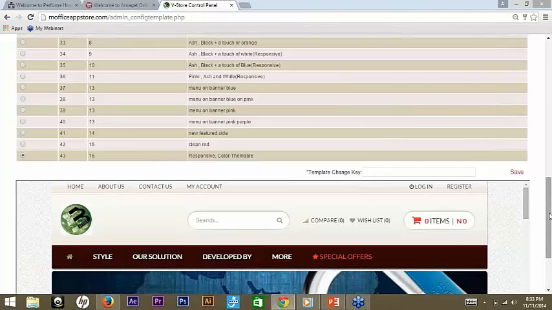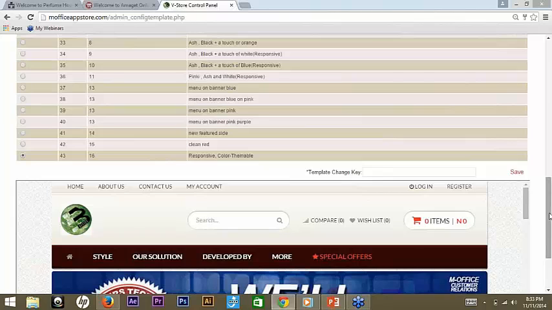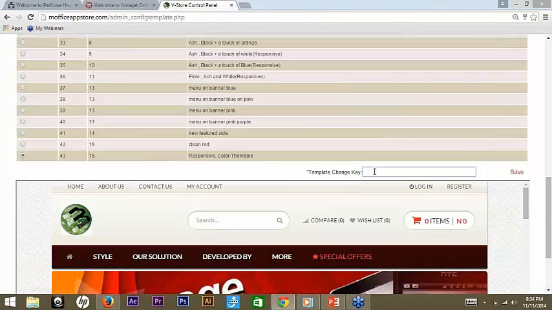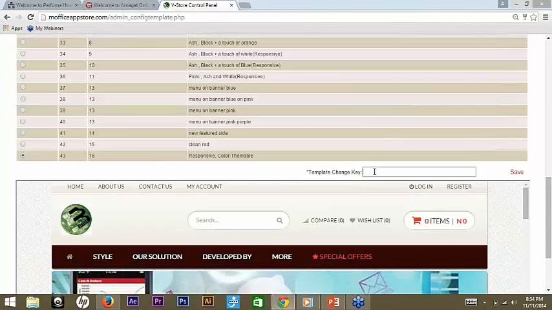But if the store owner decides to change the look and feel of the store to something else after 65 days, the person will need to request a template change key. You look at this, you see it's called template change key. You have to key it in. It's a 10-digit alphanumeric key that has an expiry date, but within that period of time, let's say 7 days, you can choose to switch from one